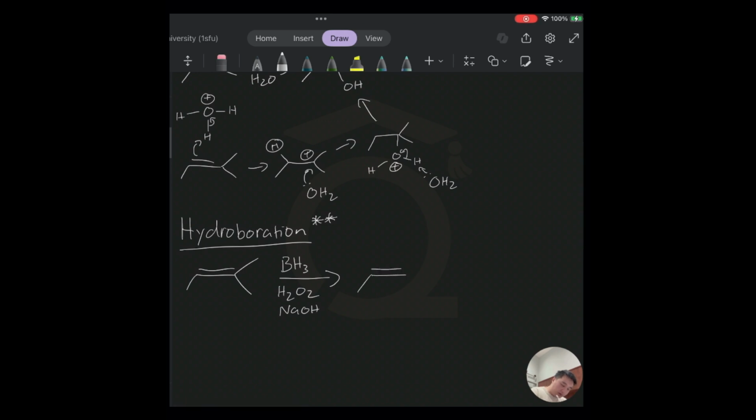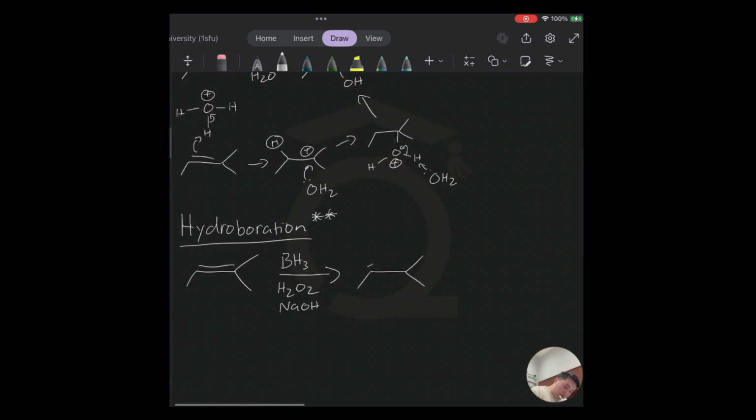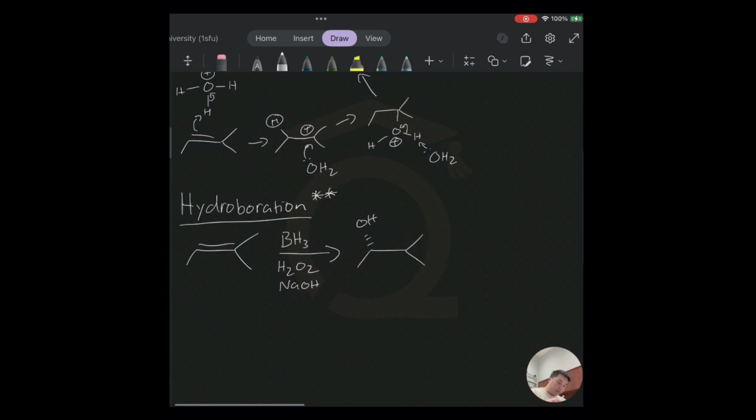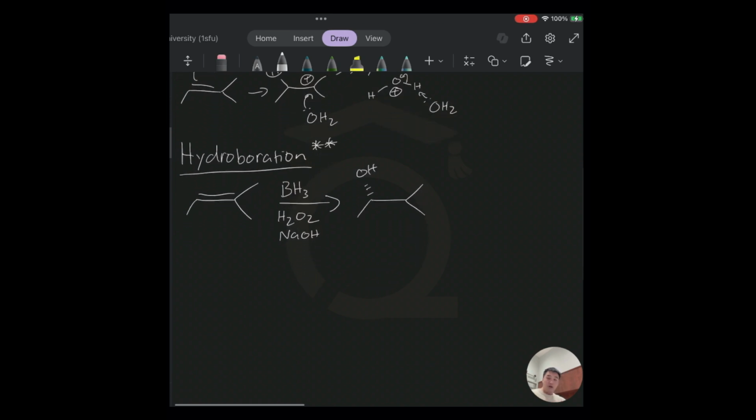and I'll talk about stereochemistry later. This will get you, in this case, you get kind of a racemic mixture here, but it doesn't matter. Anyways, so it'll get you an alcohol on the least substituted carbon. That's the most important part. And so the way this happens is that